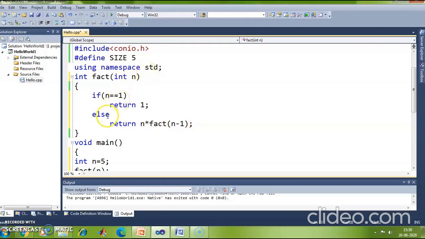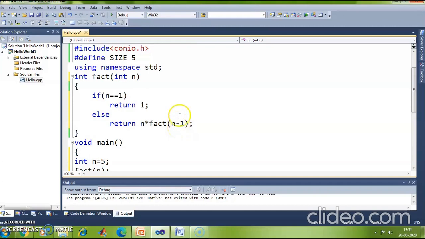No. So it goes to the else part and it returns n into factorial of n minus 1, that is 4 into factorial of 3. So again I am calling the factorial function, right? So n value will now become 3. N value is 3. Is it equal to 1? No. So what do you return? Return 3 into factorial of 2.